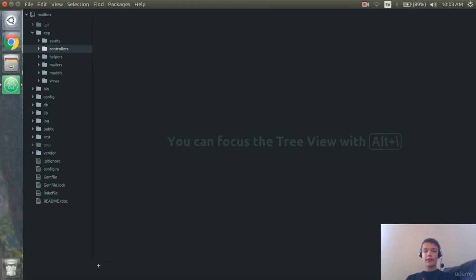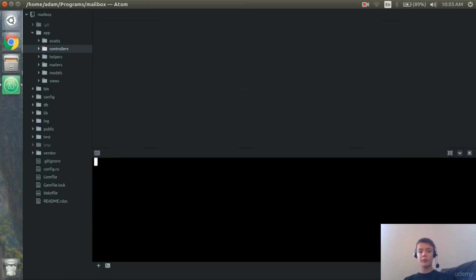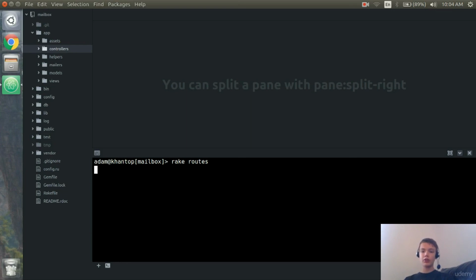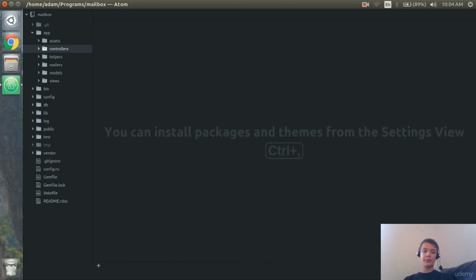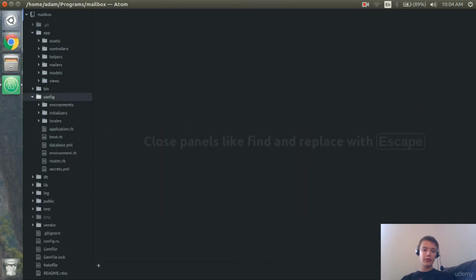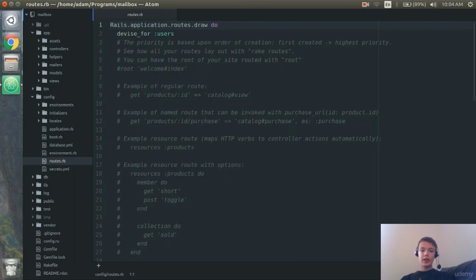Alright guys, so we have our application all coded, but we just need to make sure that we have the routes in it. Basically, if we open up the terminal and type in rake routes, it shows all the different routes for our application, which I'll show you once it loads. So you see, for instance, edit user registration is /users/edit and then the user ID. And it's pretty basic. So all you have to do is go into config routes.rb, and we're going to scroll down,